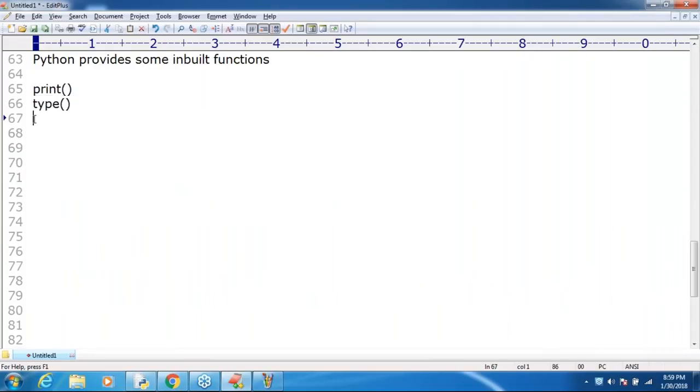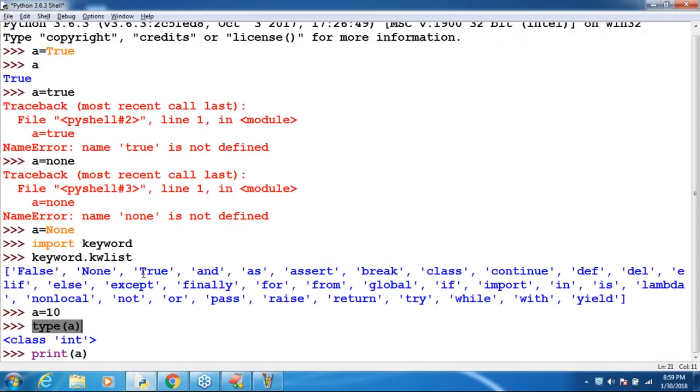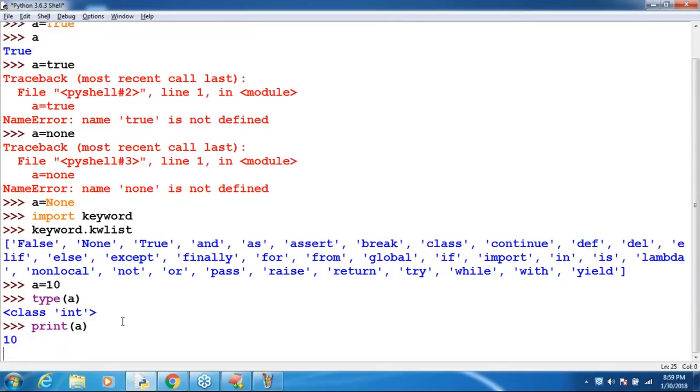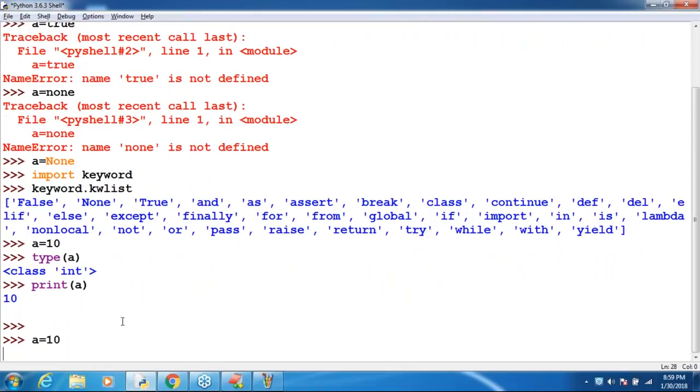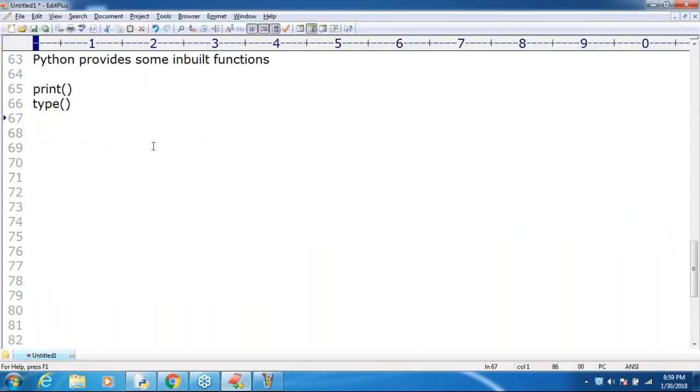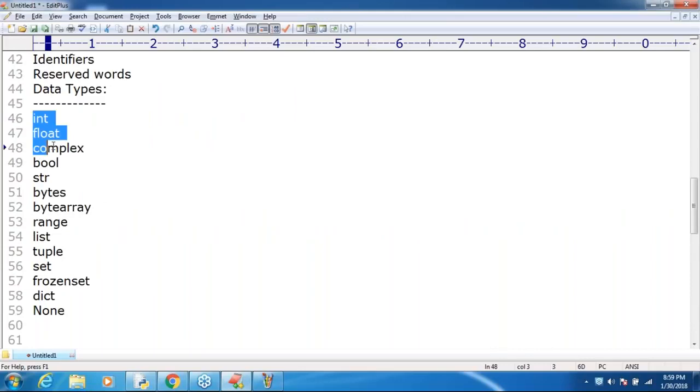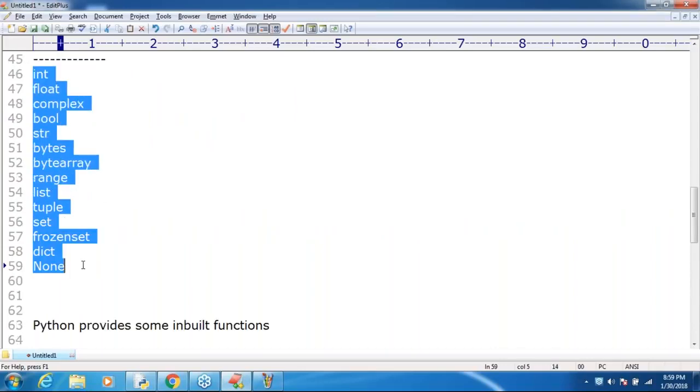Now my requirement is, I have a is equal to 10, sir. Listen a bit carefully. One very important point you have to be aware of, sir. Among these 14 data types, which data types represent objects? Which data types won't represent objects? Anyone, can you please? str is object. Good. Which data types represent objects? Which data types won't represent objects?